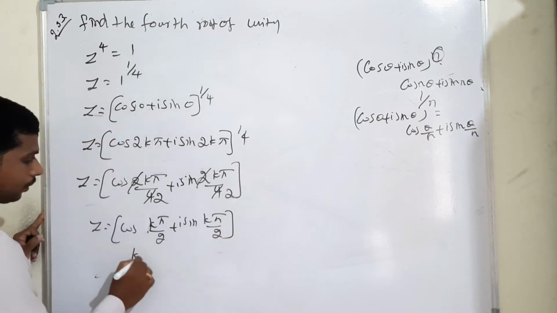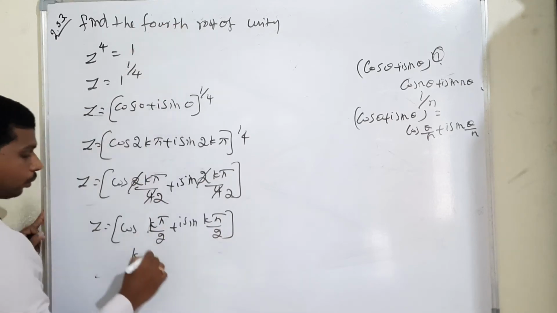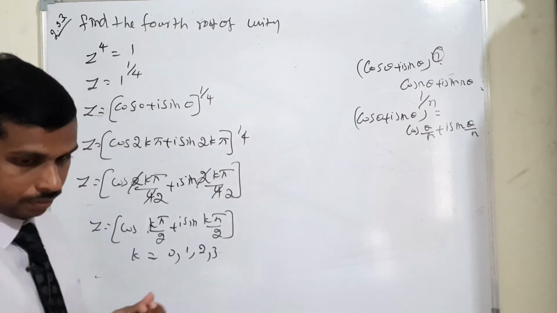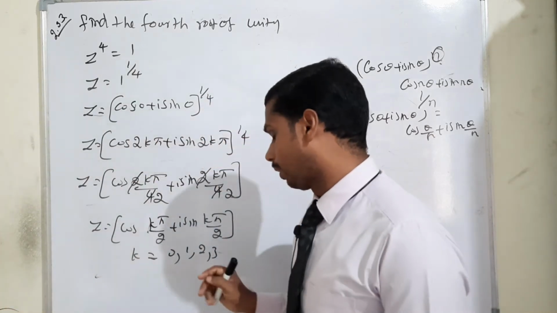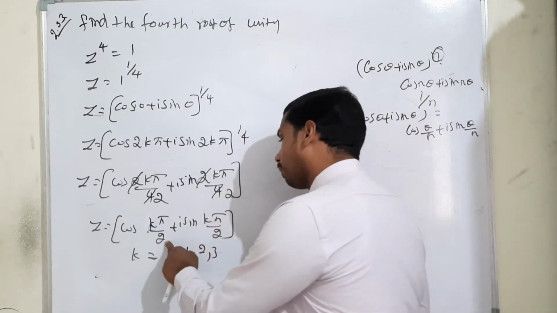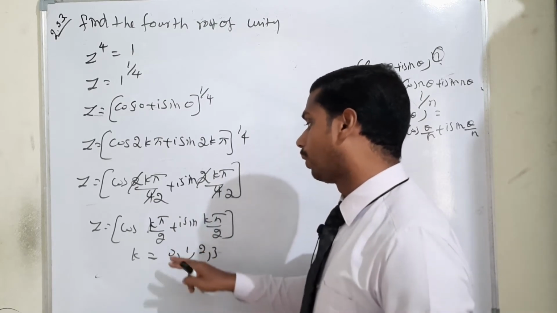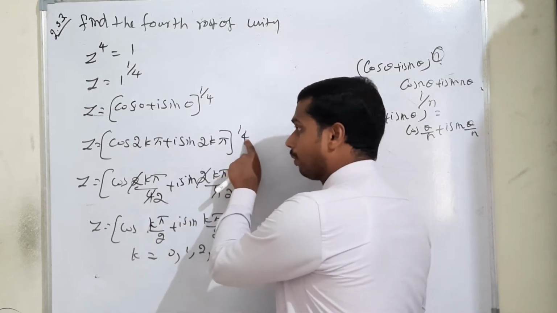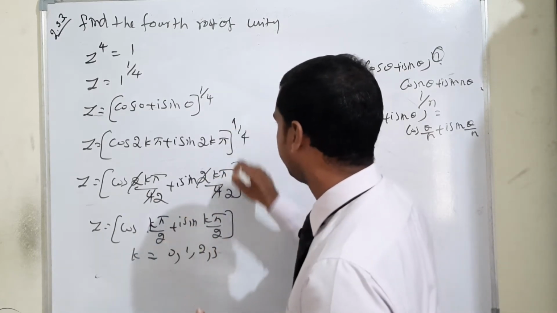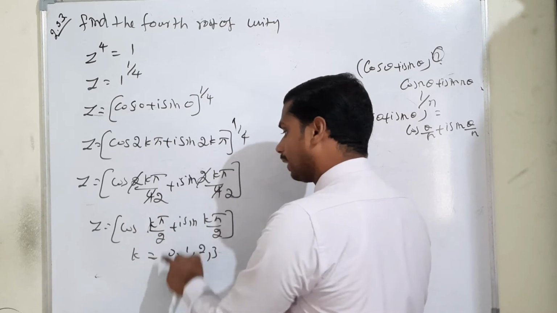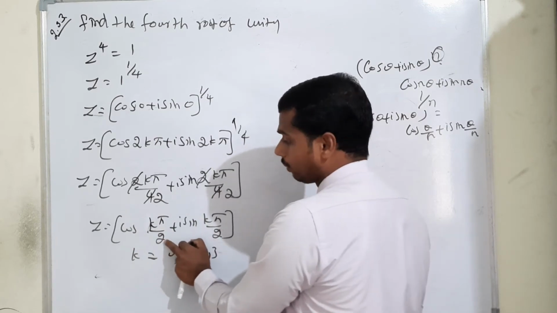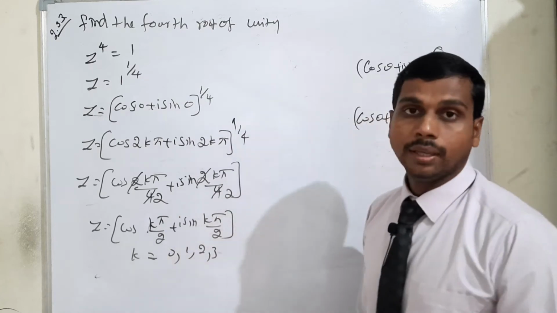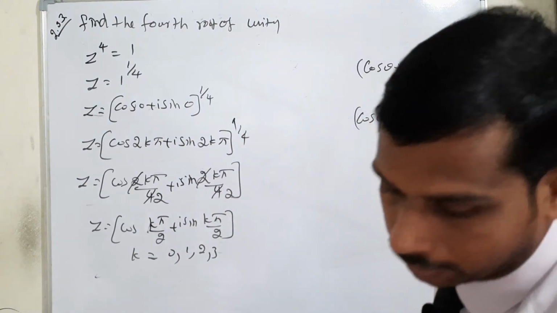But k is equal to, already we know the question is the fourth root. So 0, 1, 2, 3 will come. Some students definitely think in their mind, divided by 2, so only 0, 1. It's not like that, because already we know the power of the value is 1 by 4. After cancellation only we have proved this answer will be true, but the original question is actually the fourth root. That's why I am considering k values 0, 1, 2 and 3. Okay.